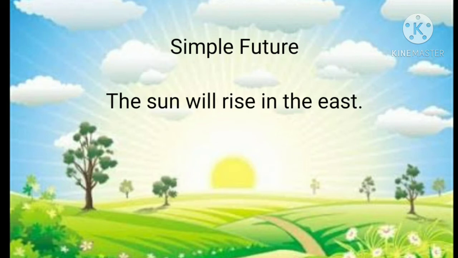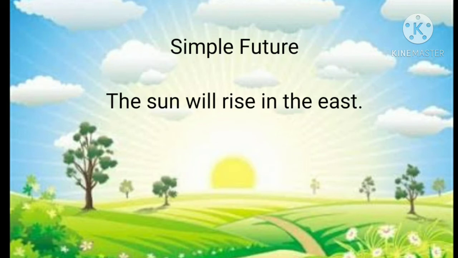So here the subject is the sun, your verb is will rise, and your object is in the east. Now if you see properly this sentence, this verb rise, we had written it in the present also, that the sun rises in the east. So that rise, again we have written it in the future. And in the past we had written that rise into rose. We changed the spelling, R-O-S-E. But in future again we write rise.